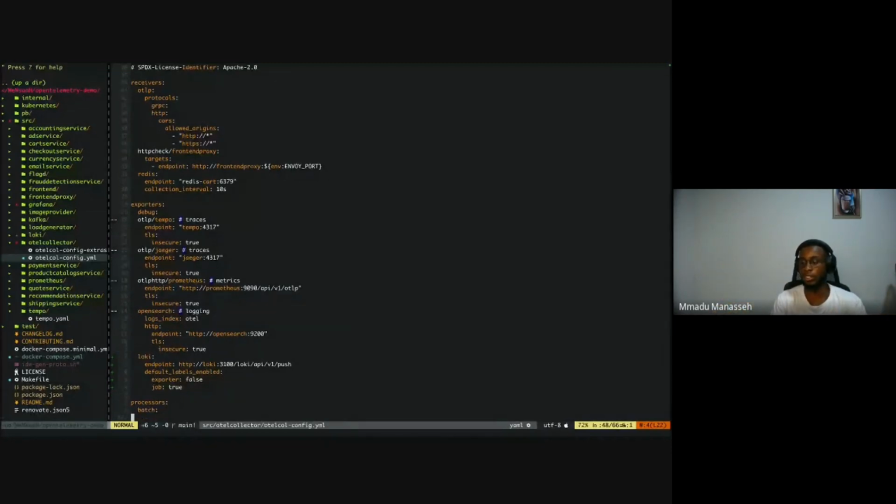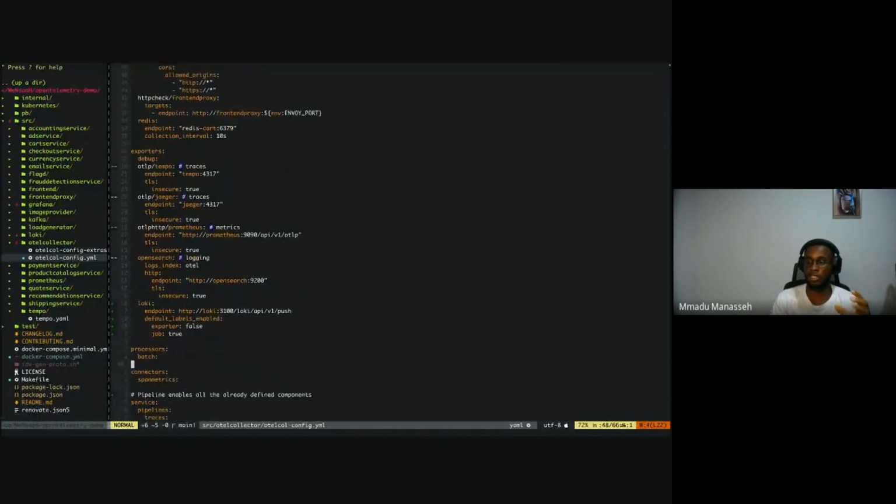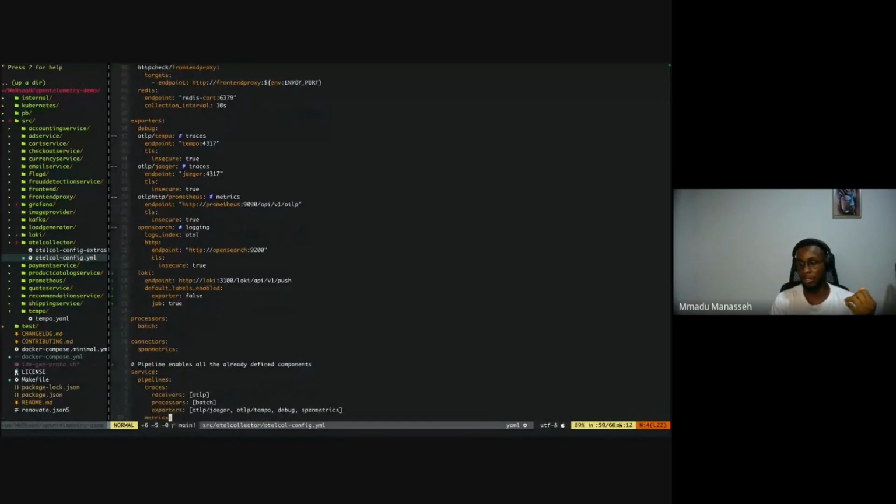And then the processors here, as I said, the processor is just to determine how the data is going to be processed once they're collected. But most times you don't really need to configure this. You can just set it to batch. Batch basically does the basic Otel processing for you, and then moves the data for export. Connectors, as I said last time, you can leave them empty because I'm not doing anything serious here. So I don't think that's doing anything.